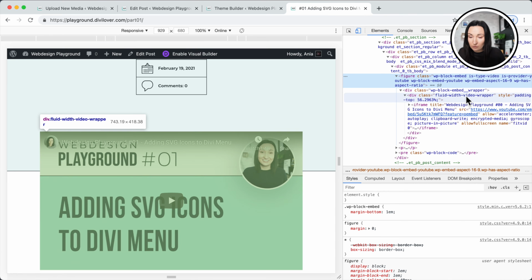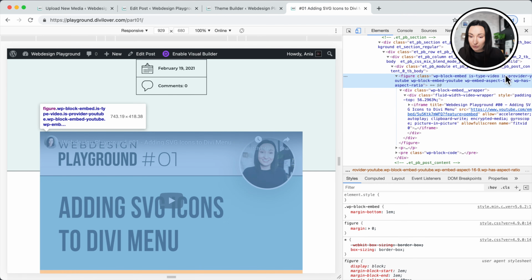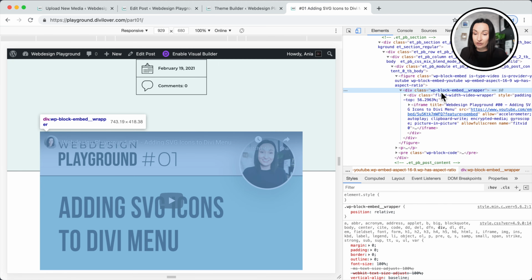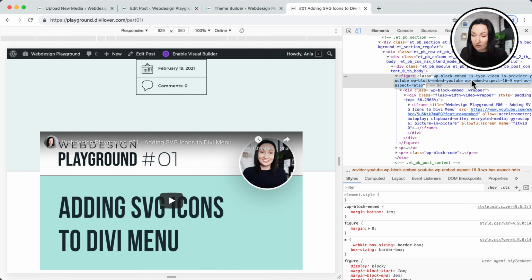So I think we can use this element as the part that will have our background image, and then we'll change this wrapper to be positioned correctly within that image. So let me use these two classes